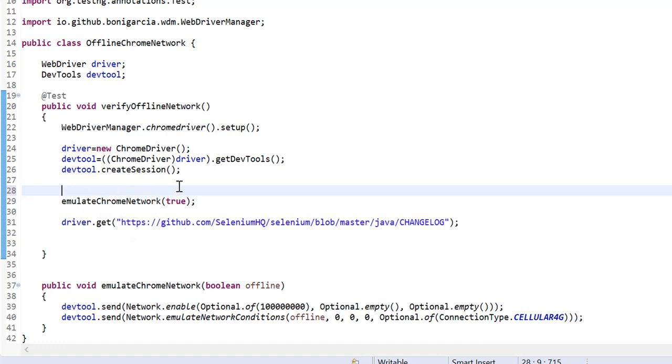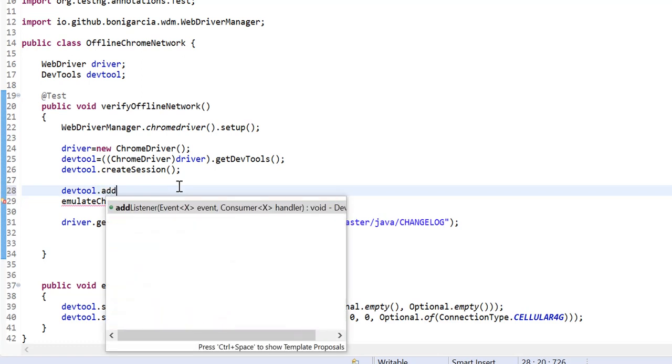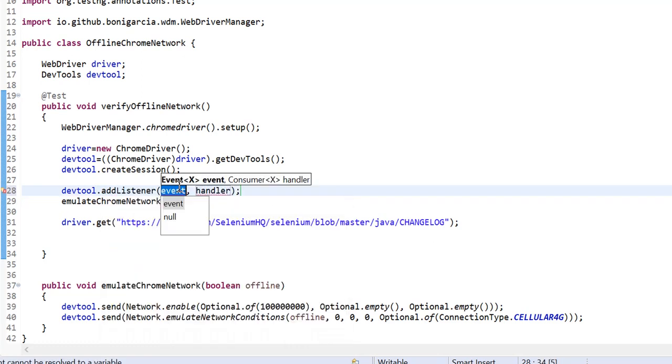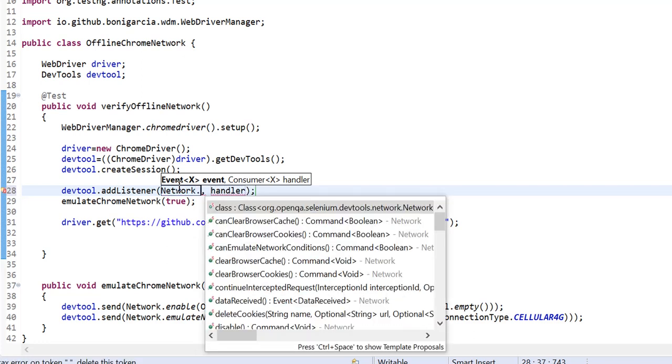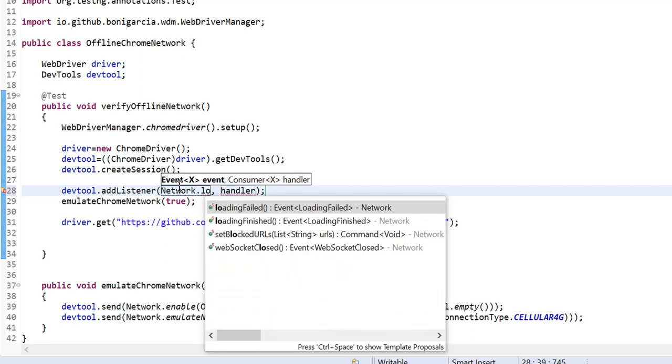So I have to say devTool.addListener, and in the listener we say Network.loadingFailed.